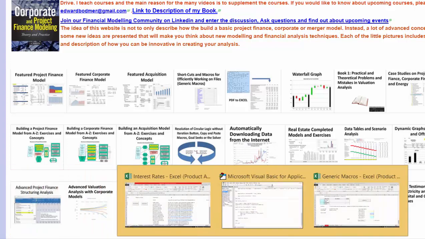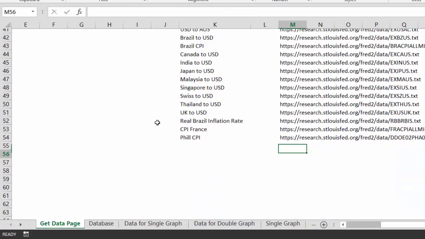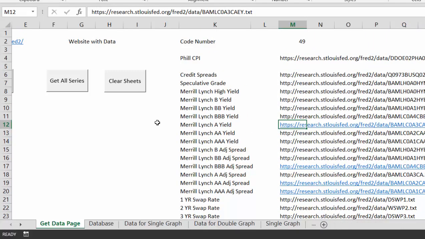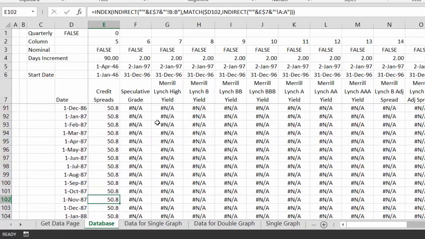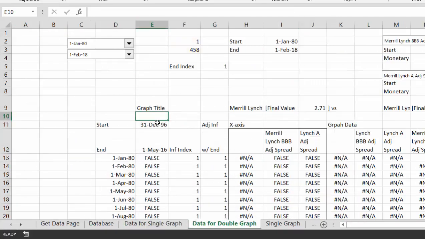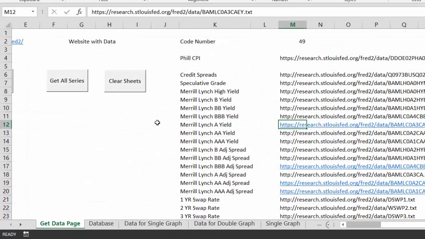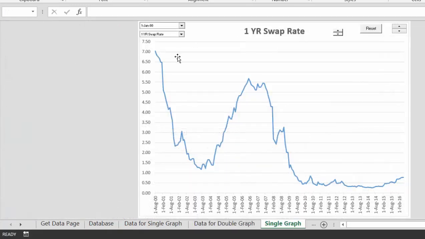so here's how it works. You get the data mainly from the St. Louis Fed, in fact, exclusively, and then you put all the data in one kind of database using the match, indirect, and index, and then we're going to have some graphs. So let's look at the graphs. So we have data for a single graph, a double graph, and if we want